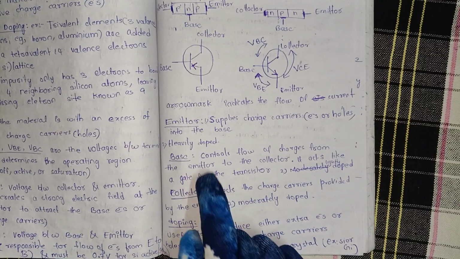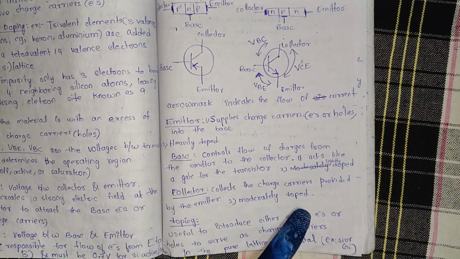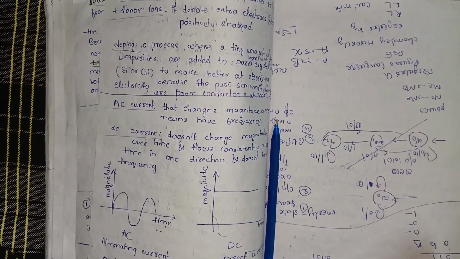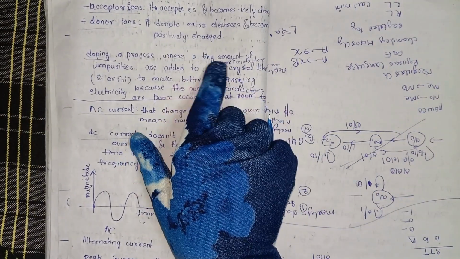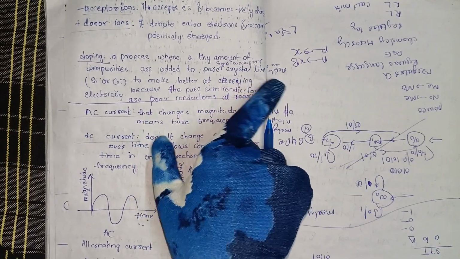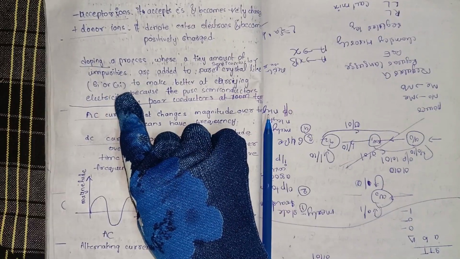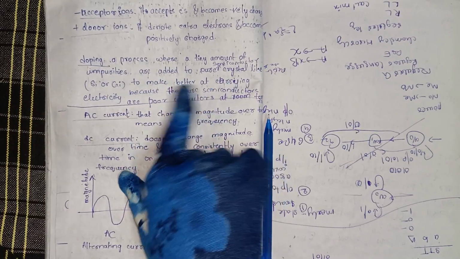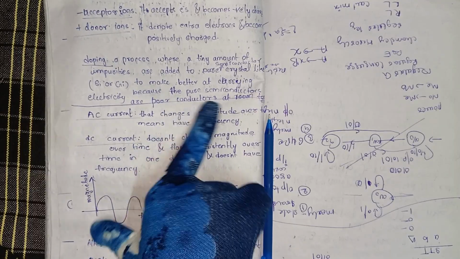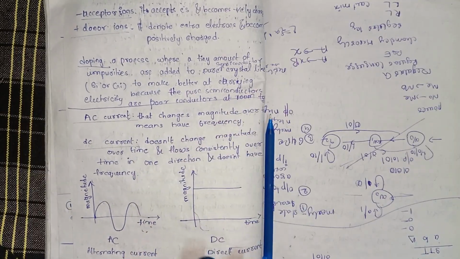So why these are heavily, lightly, and moderately doped, to understand that, we have to know first what is doping. Doping means a process where a tiny amount of impurities are added to a pure semiconductor crystal like silicon or germanium to make it better at carrying electricity, because the pure semiconductors are poor conductors at room temperature. Okay,